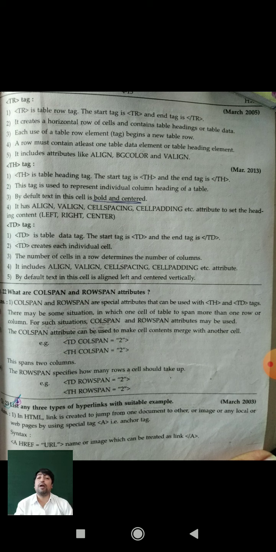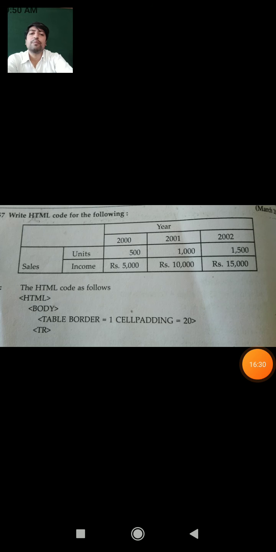So the table tag is completed today. We have discussed different attributes and different types of tags. You can see this example that explains cell spacing, cell padding, rowspan and colspan also. We can see very clearly in this example.